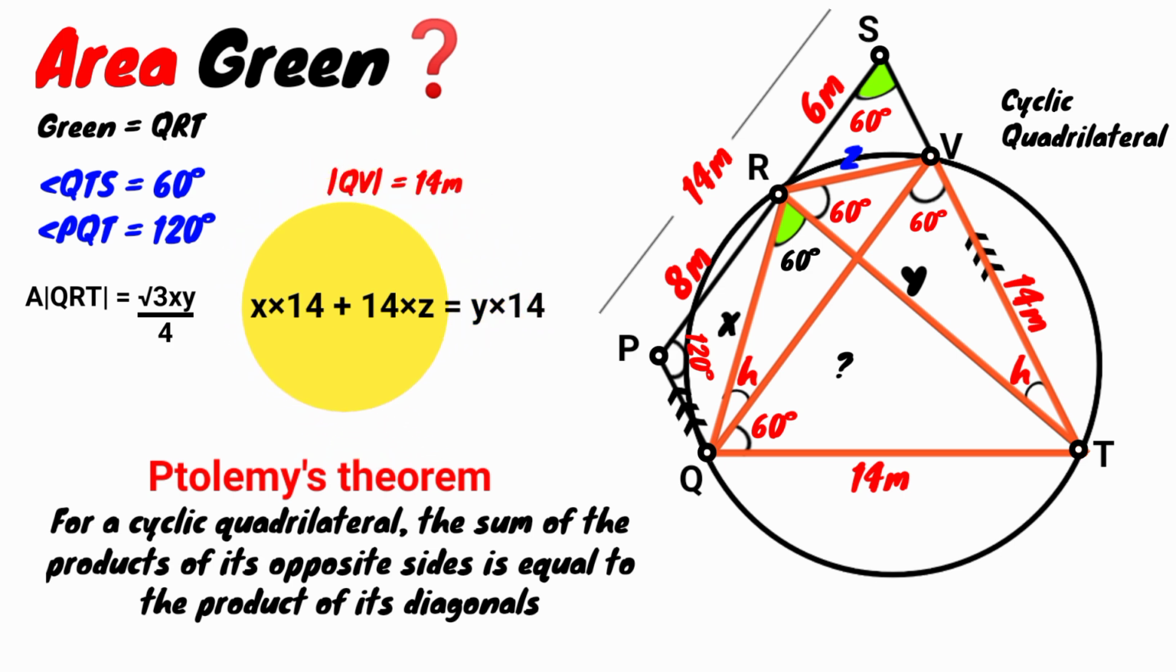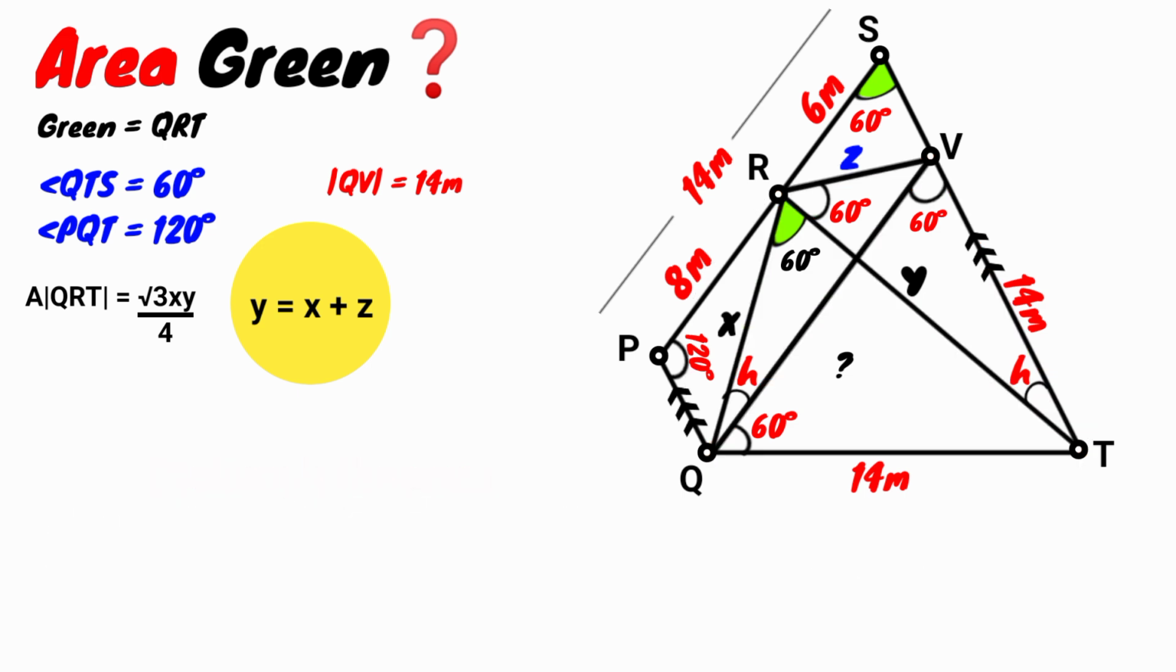Here we factor out 14. So it is 14 into x plus z. This 14 cancels this 14. So y equal to x plus z. Keep it aside. Here, this line QV is at an angle 60 degrees with this side, and this line PS